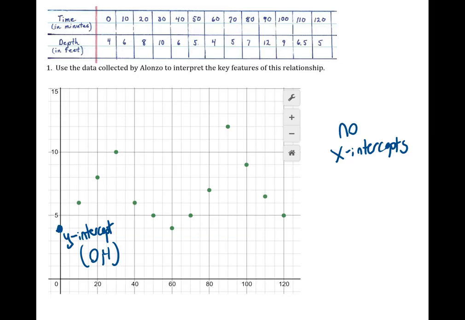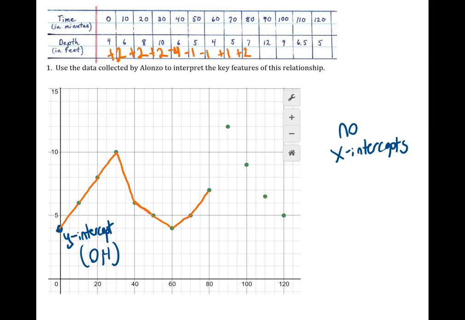We can consider the rates of change for each 10-minute interval. In the first 10-minute interval, from 4 to 6, the rate of change is 2 feet over those 10 minutes, and then 2 feet from 10 to 20 minutes, and 2 feet from 20 to 30 minutes. You can see that straight lines with the same slope approximate the rate of change for each of those gaps. Then we had a decrease of 4 over this interval, then a decrease of 1. You can see how that's a less intense slope. Another decrease of 1, then an increase of 1, so same slope but going up, then an increase of 2,